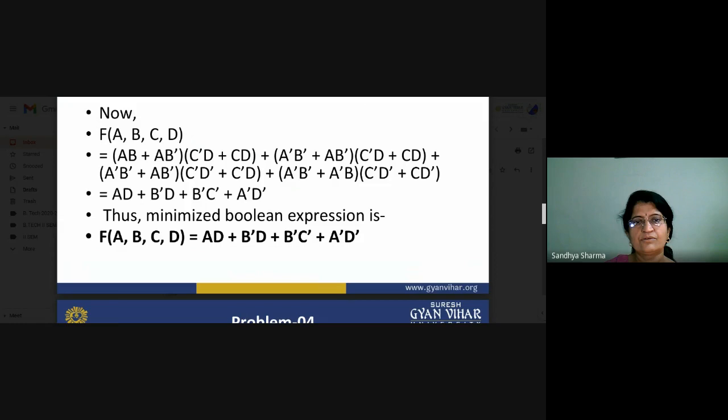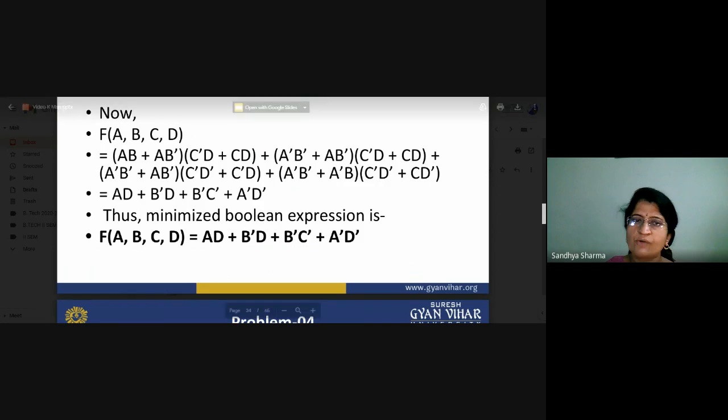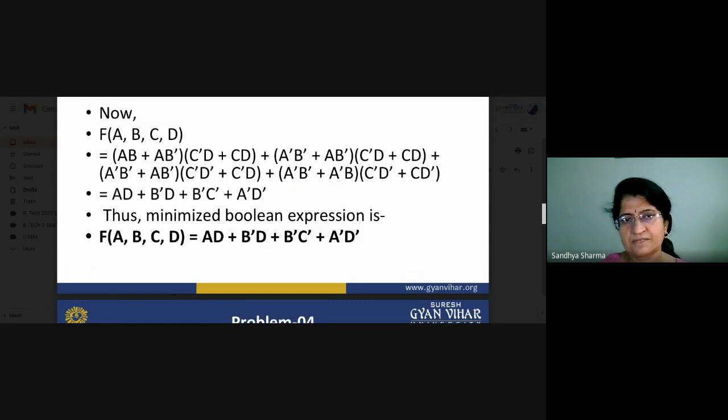Whatever the common part is, you write it here, and whatever the common part is here, you write. So there are 4 quads, and these are the 4 equations. If we are working on quads, your equation will be in terms of 2 variables. Whatever the 2 may be, the equation will be in terms of 2 variables.